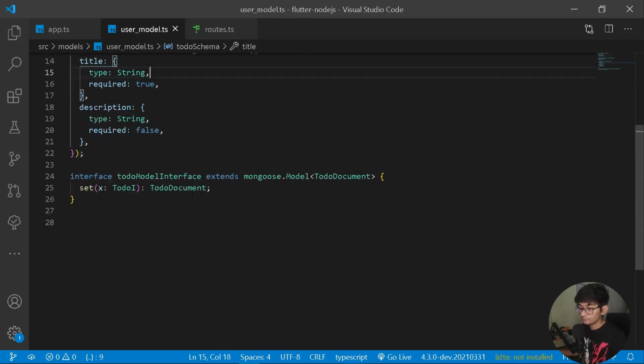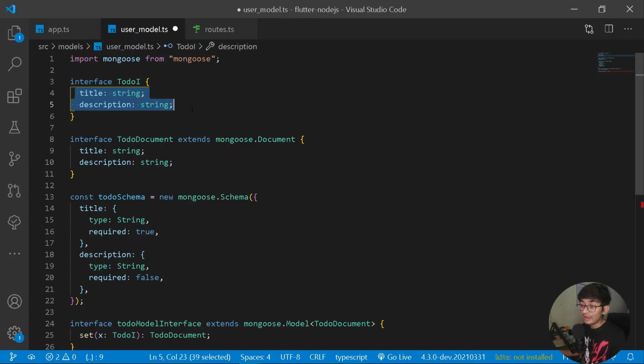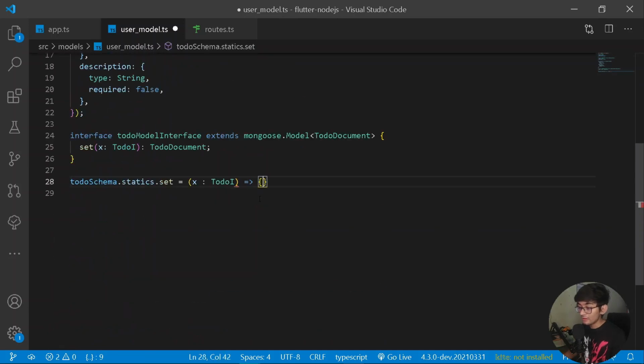Easy, format document first. So after having the particular to-do model interface, we should be having an explicit type of to-do. For that purpose, I will be writing here to-do schema. Let's add the to-do schema that we have defined, and from this I will be getting a property of statics, and from this I will be simply setting all of the data. So let's make it equal to a new argument under a type of to-do I that we have defined at the top of our method, which is our base interface, which contains a title and a string. Under this I will be throwing a new function, and under this function I will be simply returning a new to-do. Format document first.